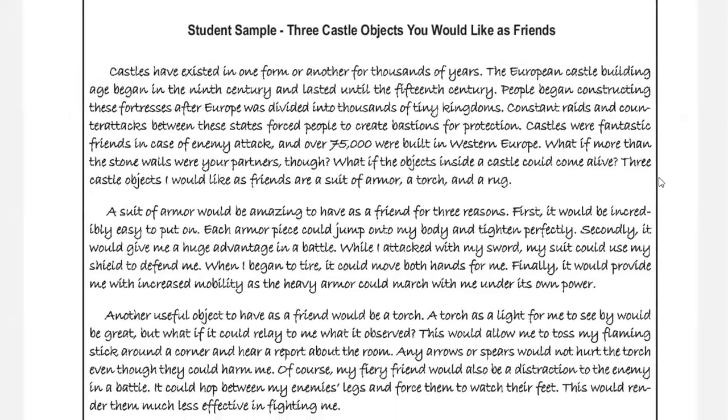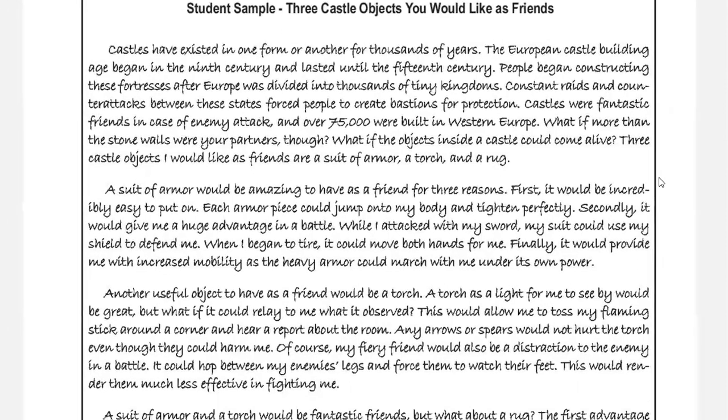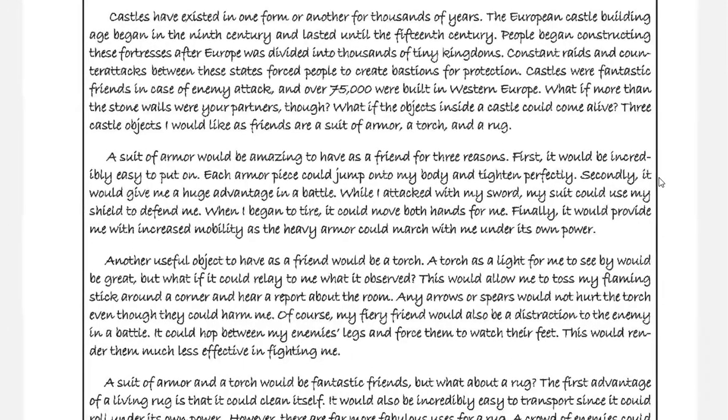All right, so 3 castle objects you would like as friends. We have the opening paragraph first, and I have the sample in front of me. So if you're in your teacher's notebook or if you're watching on the PowerPoint, I have,